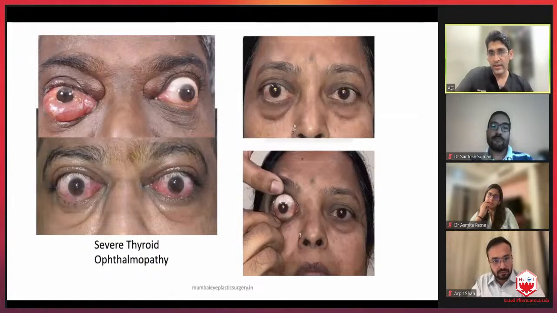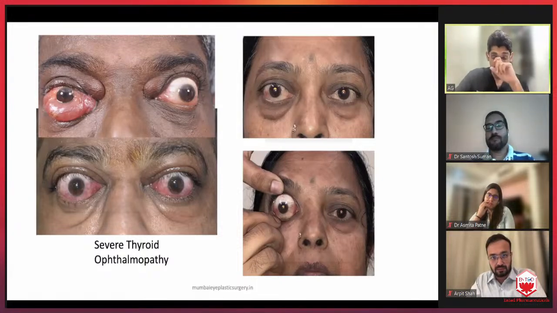Thyroid eye disease, certainly we need to manage sometimes when there is exposure keratopathy along with infection, or in cases like this extreme one where there is subluxation of the globe, where the globe literally pops out of the eye socket because of laxity of the ligaments and pressure behind the eyeball. In such cases, tarsorrhaphy acts as a rescue therapy where you can provide support at the lateral canthus and prevent any further subluxation of the eyeball, which can be disastrous in certain scenarios, till you perform a definitive decompression